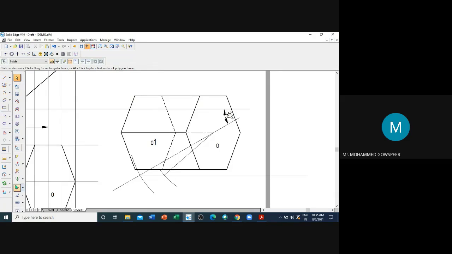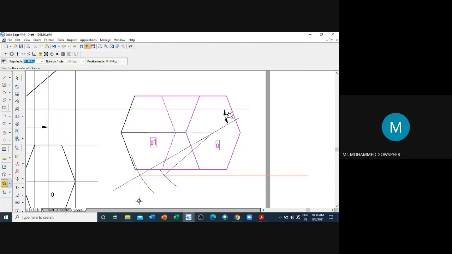Okay, now rotate. Select this. Don't cover this arc and all, otherwise those arcs also get rotated along with the prism.